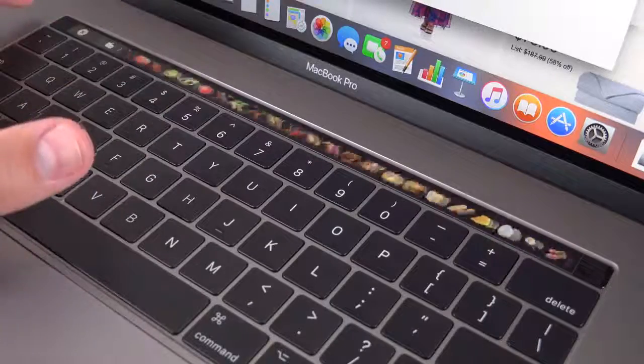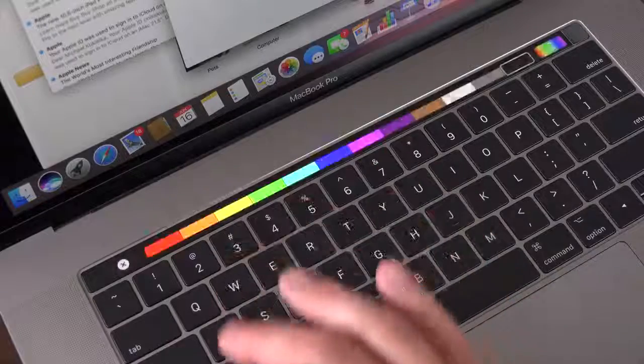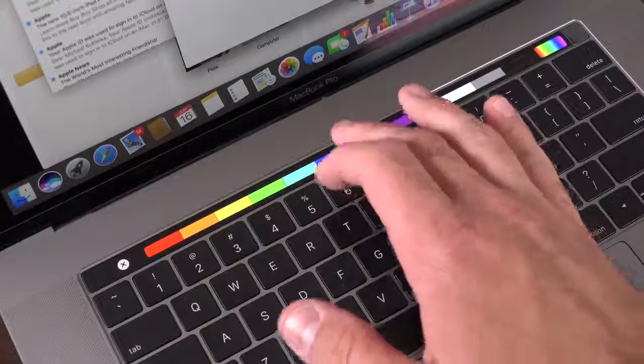Also returning once again is the Touch Bar. So again, this is a feature that is somewhat controversial, but otherwise it's a really neat OLED display covered in glass that